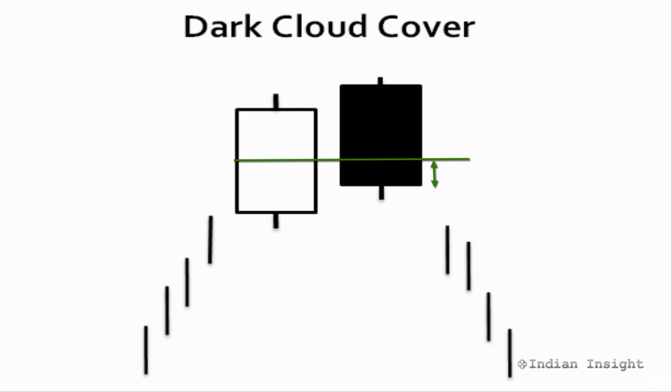Since the second candle has a black body, this is referred to as the dark cloud in the name dark cloud cover. The occurrence of this pattern after an uptrend signifies a substantial pullback in prices. It may also indicate a complete change of trend. However, if this pattern appears in a downward trending market, then it has no forecasting value.